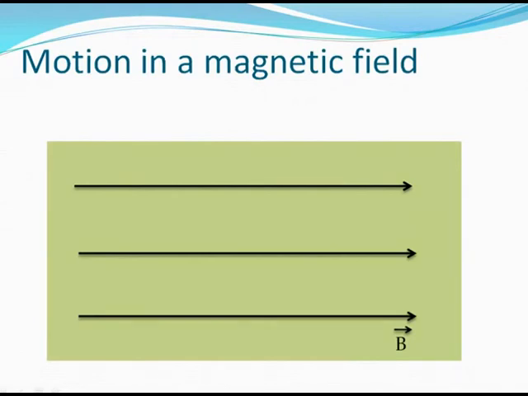And now that we've studied so much about exactly what the magnitude of the magnetic field is, in which direction it acts, let us now try to study exactly how a charged particle moves when it is placed in a magnetic field. Does it trace a curve? Does it move in a straight line?